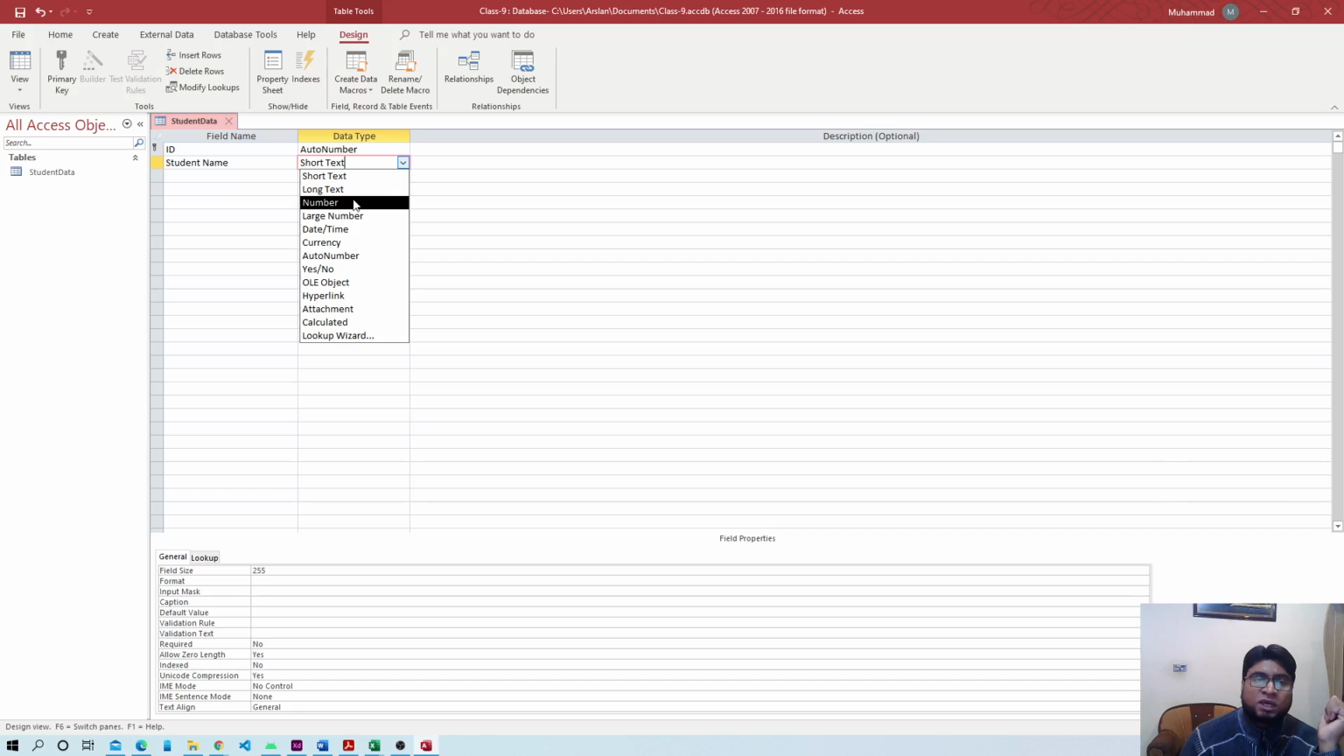We can take other types of data: number, large number, date/time, currency, auto number, yes/no. Yes/no is a boolean type of data, where we are not providing 1 or 0. It will be true or false. True means yes and false means no. OLE object is another type, then hyperlink, attachment,